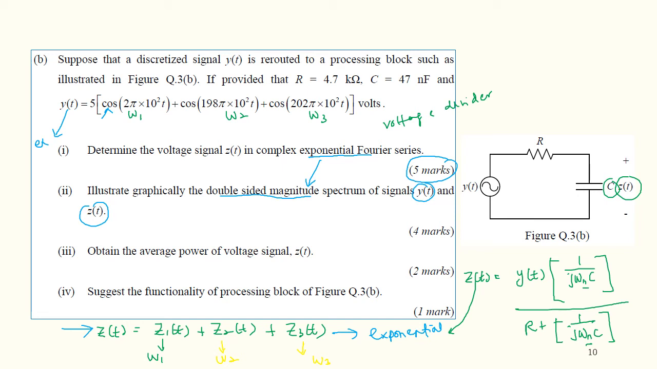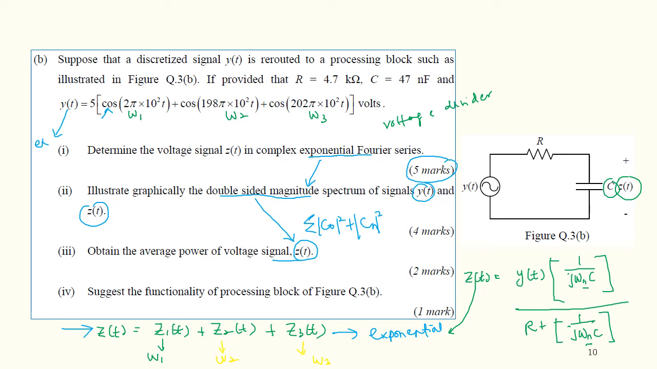Right, so next, obtain the average power of z(t), the output signal. But remember Parseval's theorem. Once we have the double-sided magnitude spectrum, you can calculate the average power by having a summation of the amplitudes of the spectrum components. So C0 squared plus Cn squared, where n depends on how many frequencies or components you have. By using Parseval's theorem, you can estimate the average power by the summation of the magnitude squared